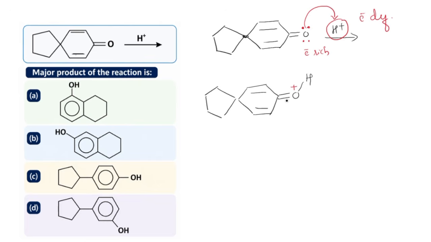How can we stabilize it? By giving away the pi electrons present here. The moment the electrons go to oxygen, again the oxygen will have two lone pairs of electrons. That means it is satisfying the octet configuration. Then what happens to this six-membered ring? So let's analyze that. The double bond here will remain as it is. Same with this also. Now, oxygen is divalent with two lone pairs of electrons, but where should be the positive